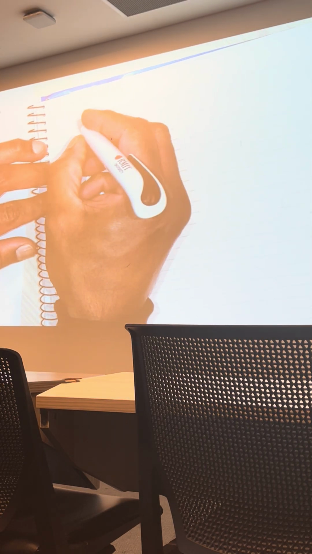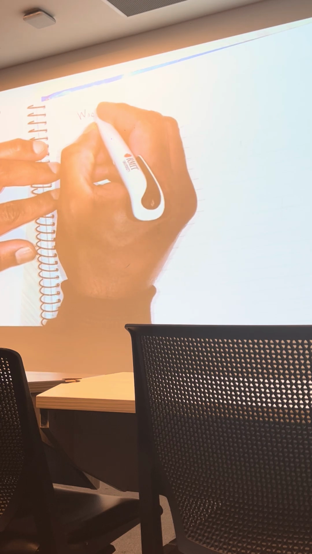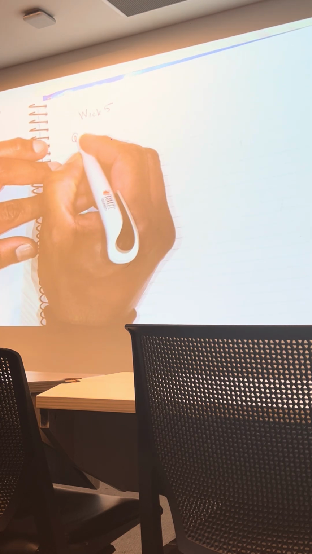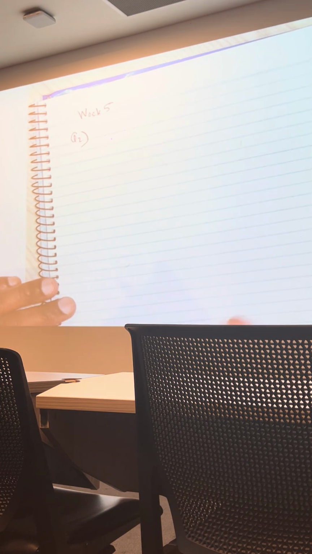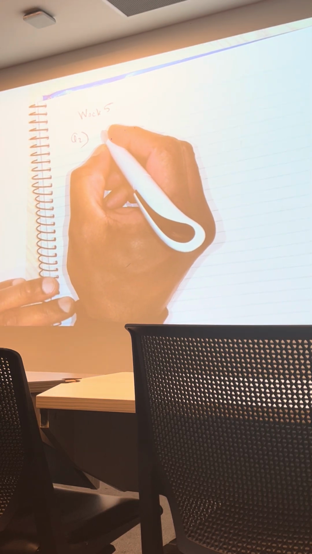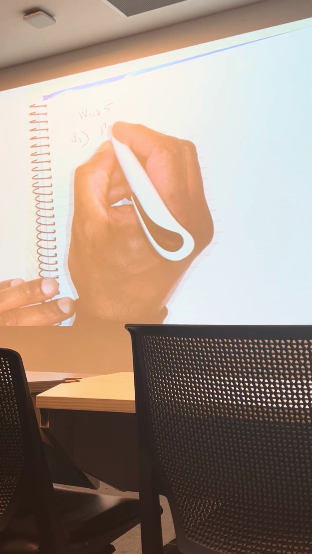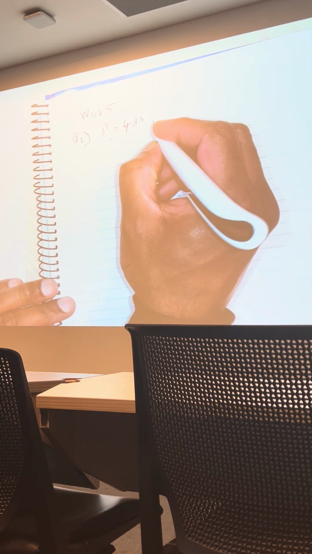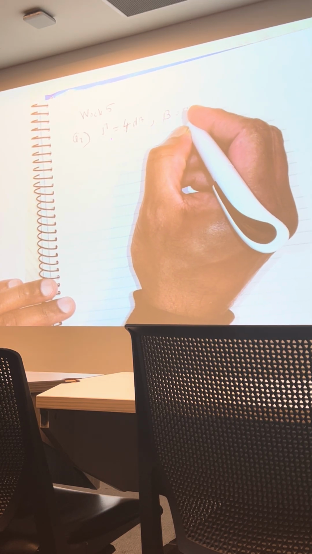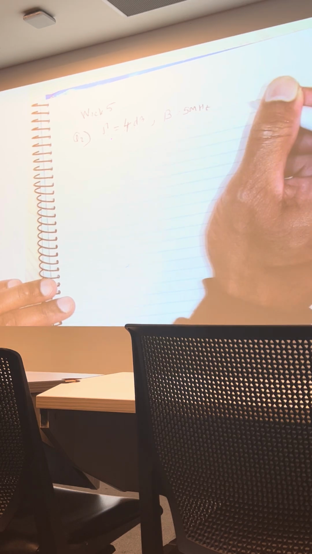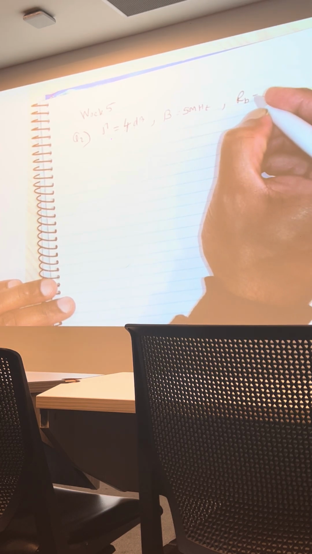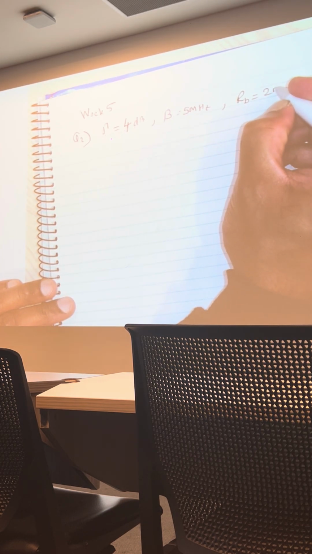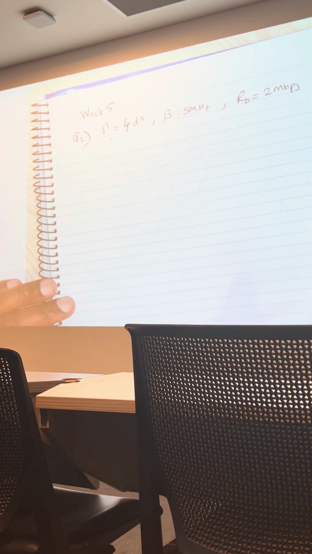Okay, so that's week 5, Q2. Signal to noise ratio, gamma, is 4 dB. Bandwidth is 5 megahertz. Rb, the data rate, is 2 megabits per second. Okay, so